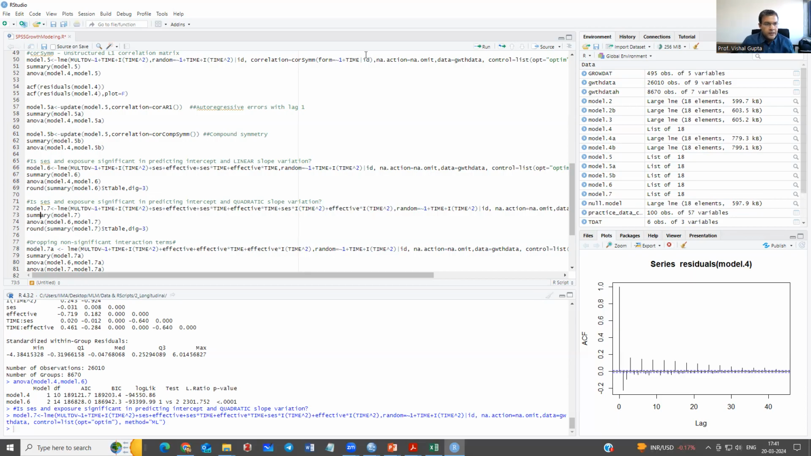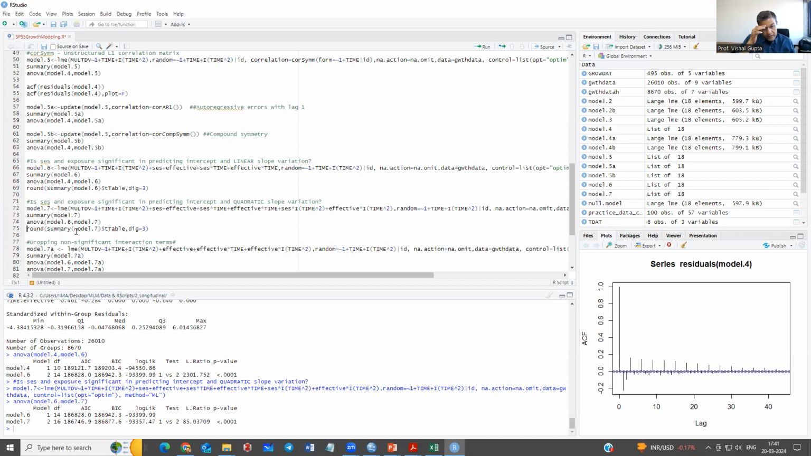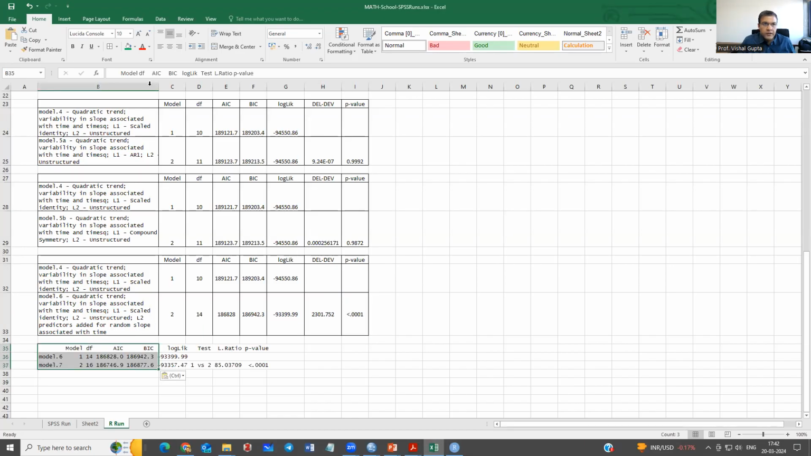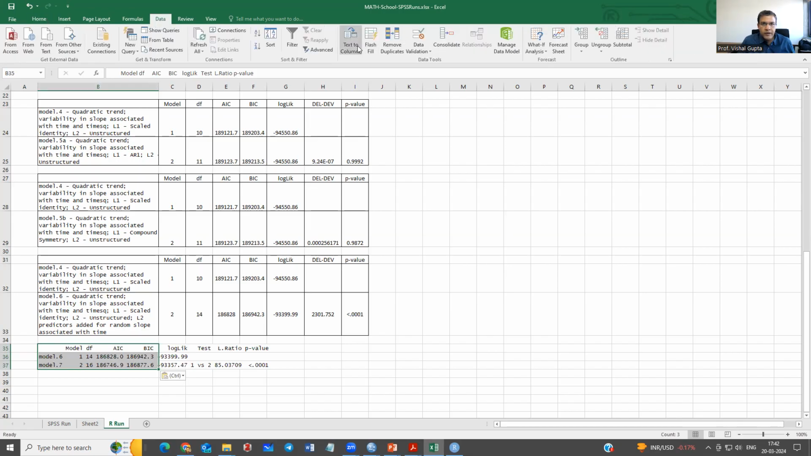Yes, it has run. And so let me first compare it with model number 6. And you see, this model is also significantly better than model number 6, which was the previous model. So that means there would be some significant interaction terms with time square also. So let me just first paste this fit test,